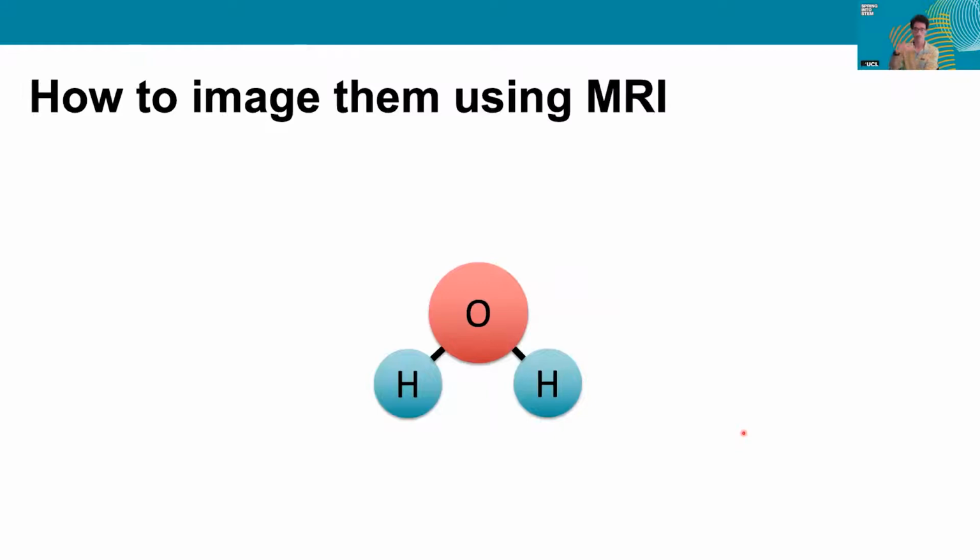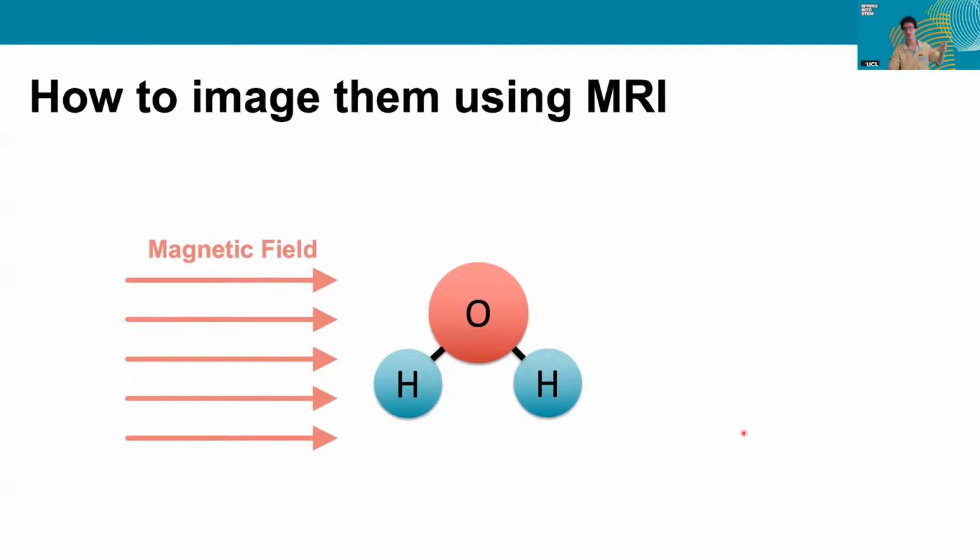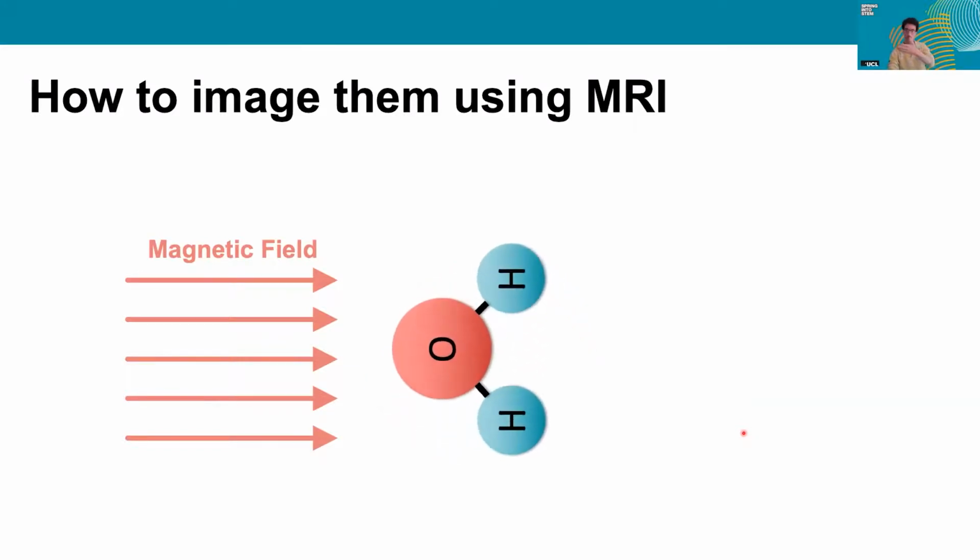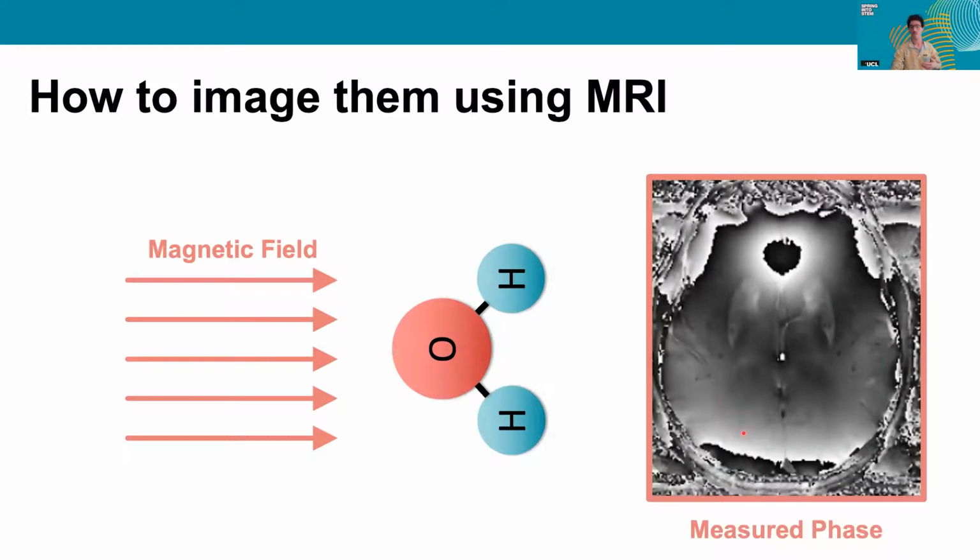Now, how do we image these? In MRI, all of our signal comes from hydrogen atoms and the spin in hydrogen atoms. To image these, we apply a big magnetic field, which is why the scanner is so massive, to generate a very strong uniform magnetic field in one direction that aligns these hydrogen spins. And as I mentioned, the magnetic susceptibility influences the local field, so it changes how that field is perceived. These changes actually propagate into the phase of your measurement, so we can use the phase to reconstruct that susceptibility.